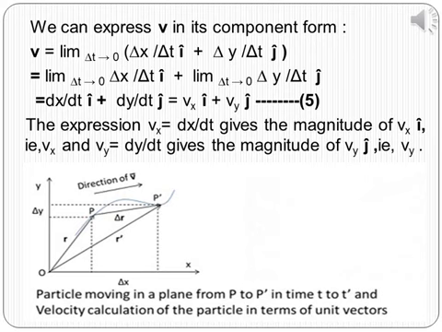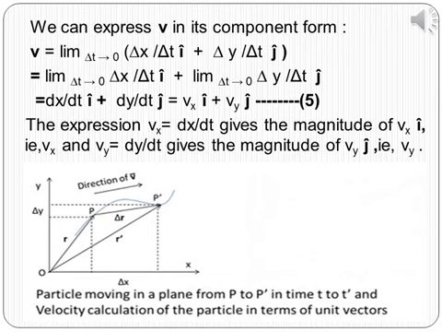How can we write this instantaneous velocity vector in its component form? The instantaneous velocity vector v is equal to limit delta t tends to 0 of delta x by delta t i cap plus delta y by delta t j cap, which is equal to limit delta t tends to 0 of delta x by delta t i cap plus limit delta t tends to 0 of delta y by delta t j cap, is equal to dx by dt i cap plus dy by dt j cap, is equal to vx i cap plus vy j cap, which is the expression 5, where vx and vy are the x component and y component of the instantaneous